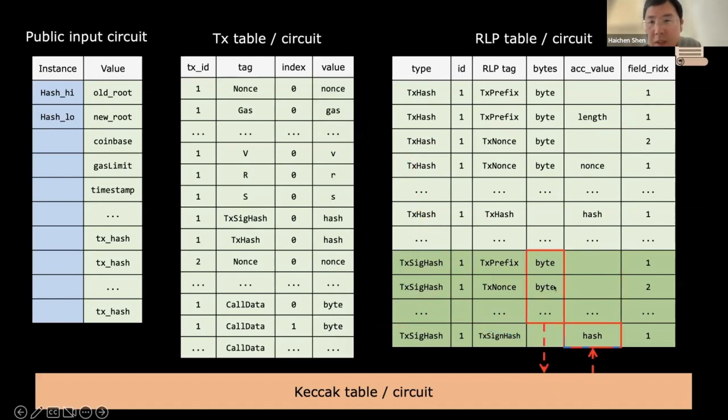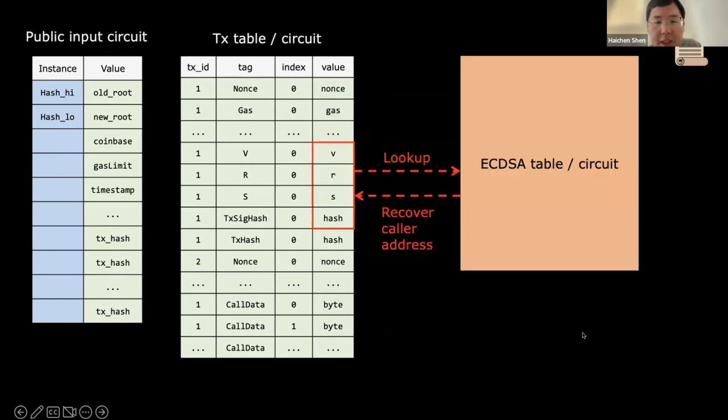So the next thing inside the RLP table is you also need to have all of those bytes and then do a lookup into the keccak table and do an output check that the hashes are calculated correctly. And then the last part is that, given you already proved the transaction sig hash is calculated correctly, and you have the signature, you basically need to do a lookup into the VRS and the hash, and you can recover your caller address,